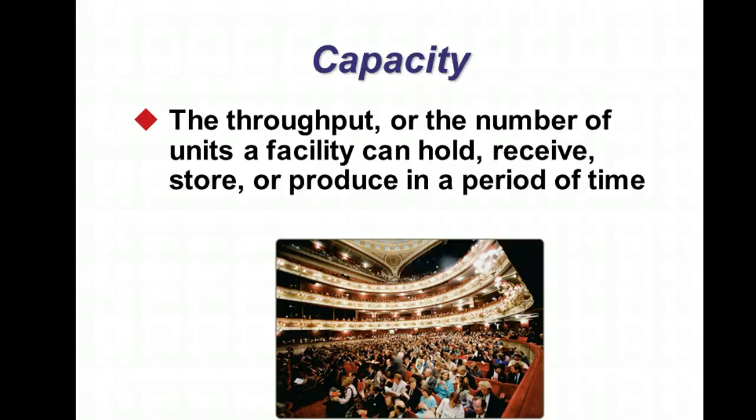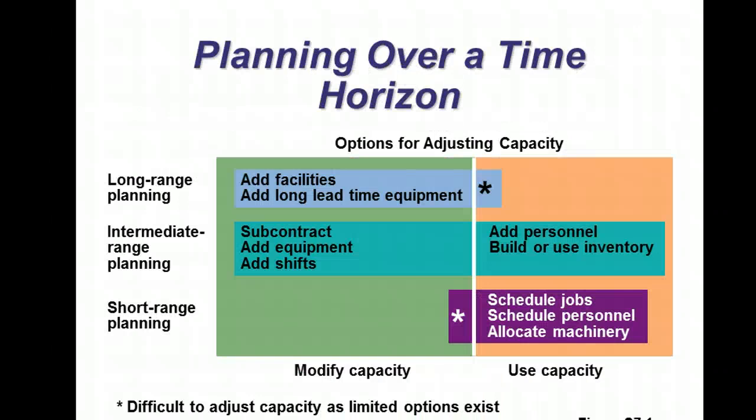The throughput through the facility, and that's what you can receive or produce in a certain period of time. So, we have the planning cycle, as you can see. They talk about different cycles, like I said before. Short-range planning is usually inside of 3 months. Typically, intermediate-range planning starts at 3 months, can go out to either a year or 3 years, depending on how they want to do it. And then typically, long-range planning is about 3 years.